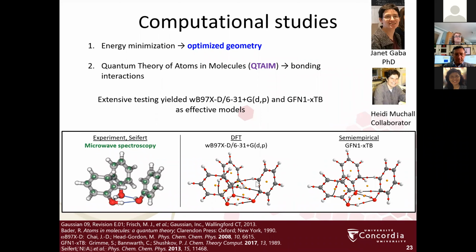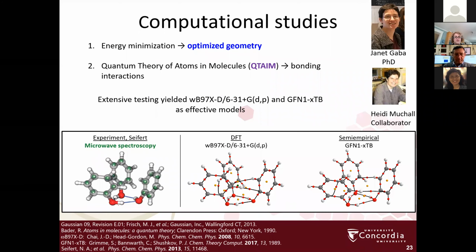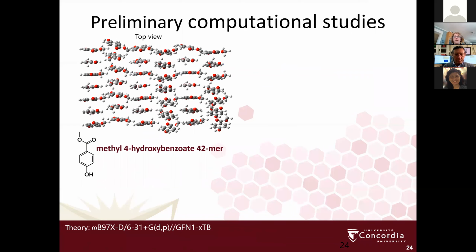First, we tried to determine the correct model systems in order to reproduce what's been seen in microwave spectroscopy, which is this cone-shaped trimer. But interestingly, once we determined the correct theory to use, we moved on to a system in implicit water